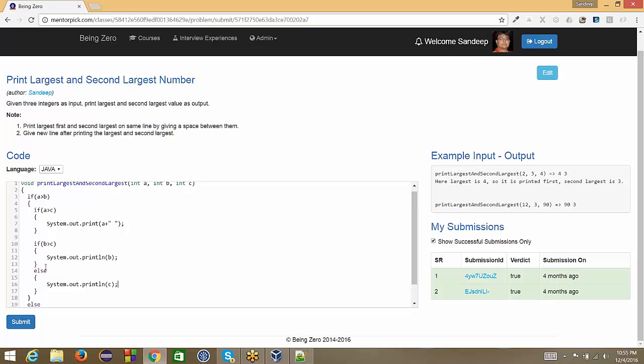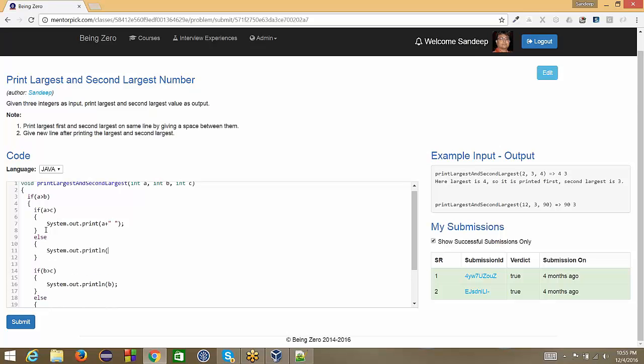In case of if, we have done the necessary thing. But imagine if A was not greater than C, then could we have said A is largest? No. We are missing one more condition, right? What if C is greater than A? The else part of this is also needed. Yes. So now we put that else and we say, if this would have been the case, we would have said